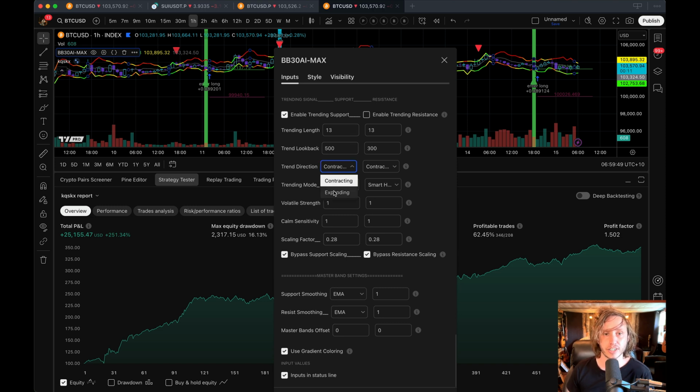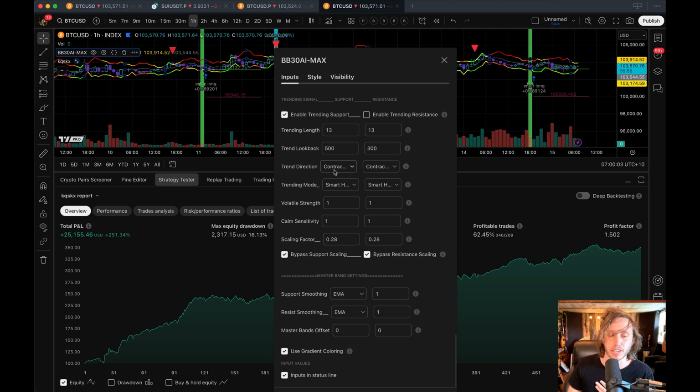So trend direction. This is important to note. Sometimes you can build just as good of a strategy on contracting versus expanding. However, if I'm building scalping strategies, I generally want the trend direction to be contracting because I want things to be smoothing out. I don't want volatility and the trend to be